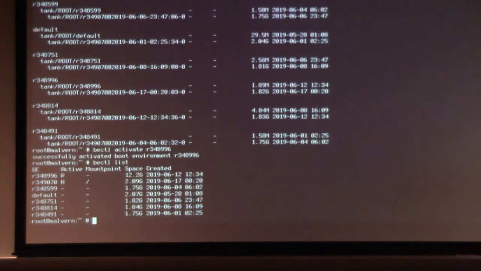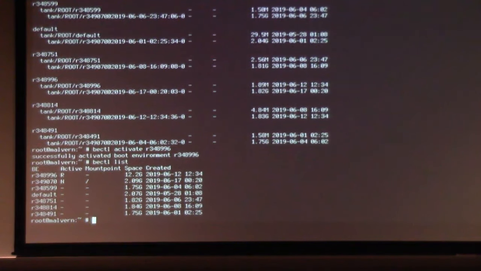And if I type the list again, you'll see that there's a little bit of difference. Instead of saying NR for the 070, now it just says N for the 070, which means, so N just means currently active, currently mounted, and then R means that when I reboot, it will boot into that one, if I don't otherwise select a different one